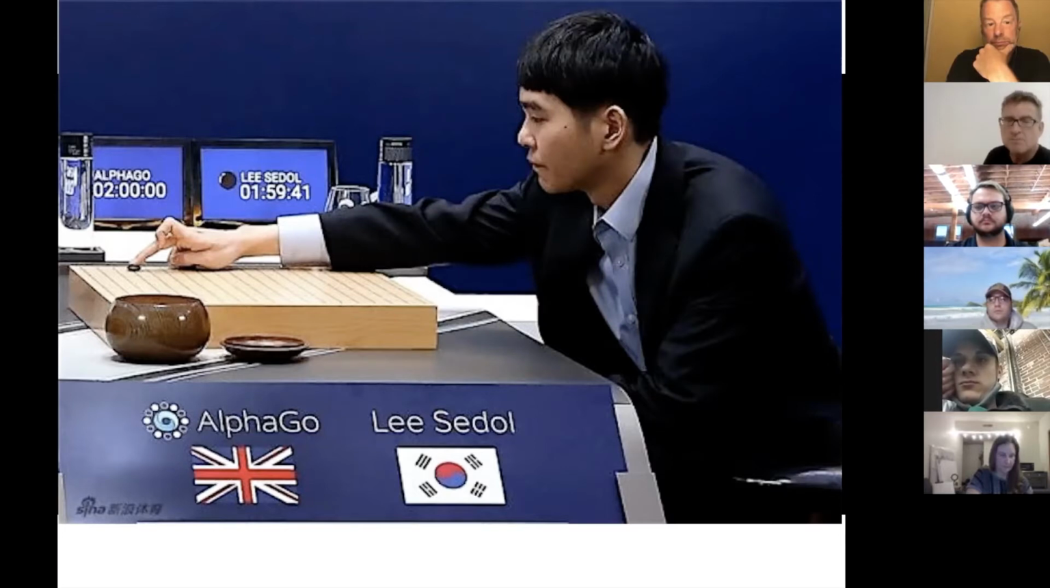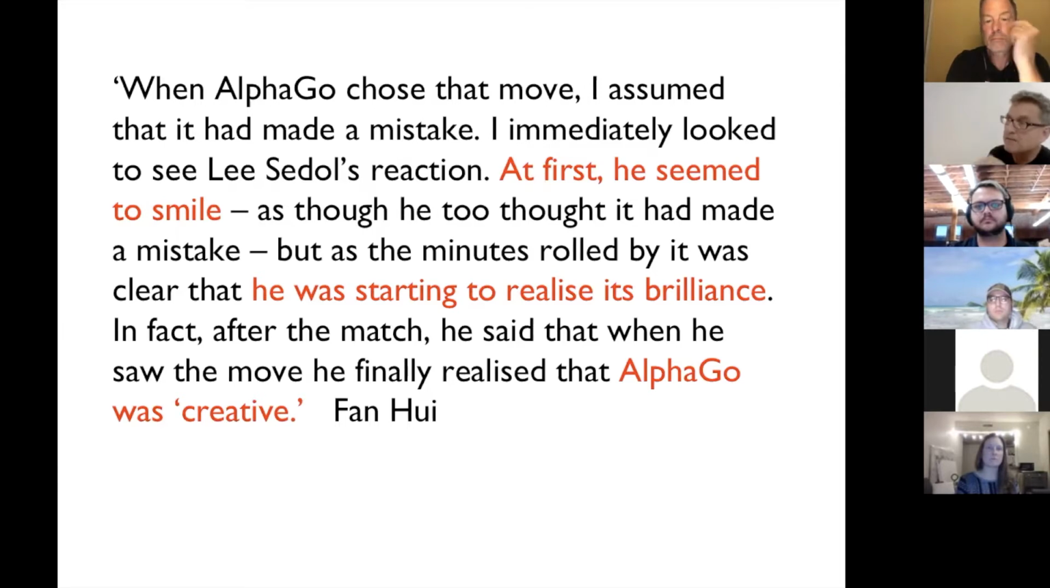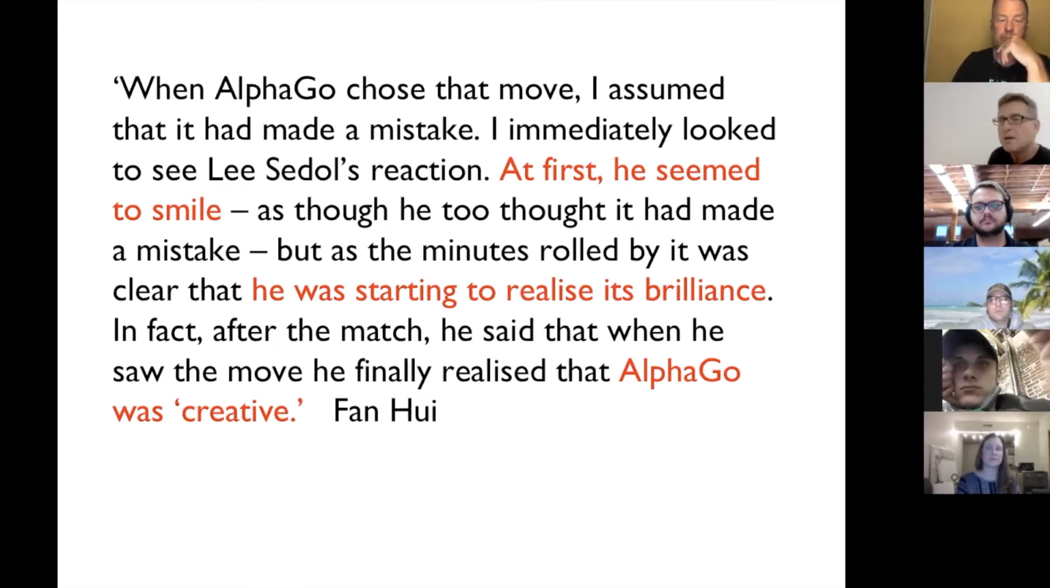and changed people's attitudes towards AI. And it was a move in game 2. There were 5 games. Lee Sedol won one, and then the AI won all the other ones. But in game 2, there was one particular move, move 37, that has gone down in history as being astonishing. Because the computer was kind of playing up a little bit, and it was making all these moves